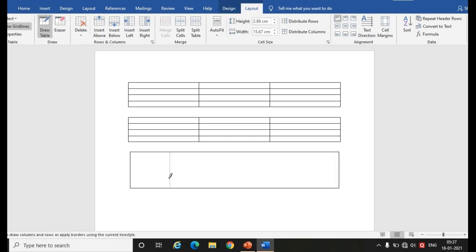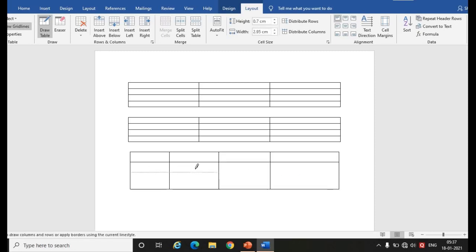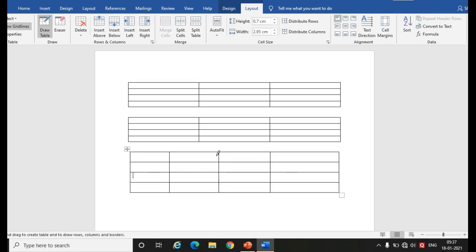I want to draw a row, so in this way I can draw a row. You can see how my pointer is working. I want to draw a column, so in this way I am drawing a column. In this way you can draw a table with the help of the Draw Table method.